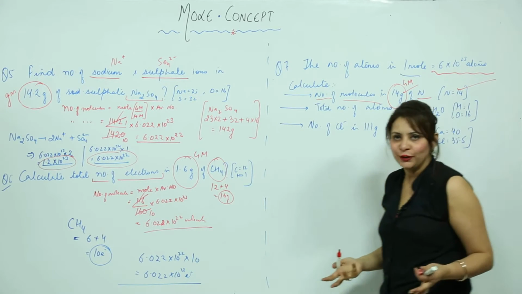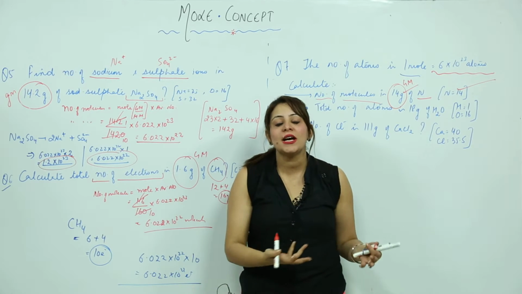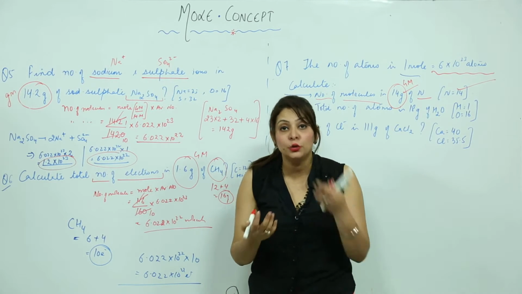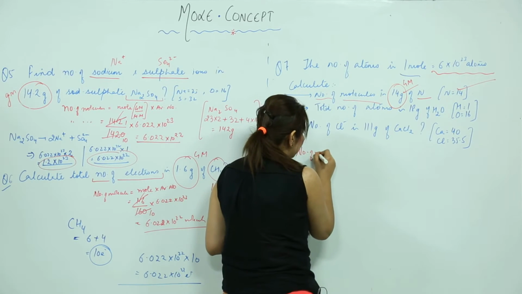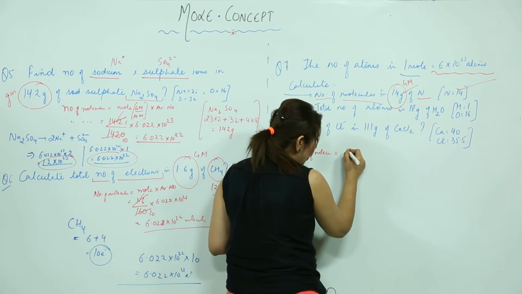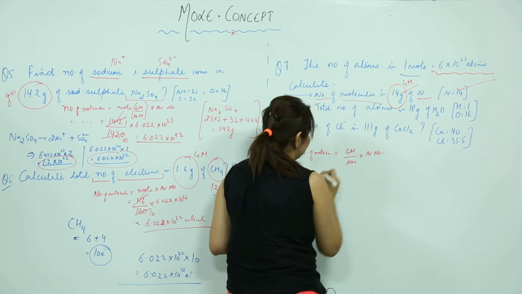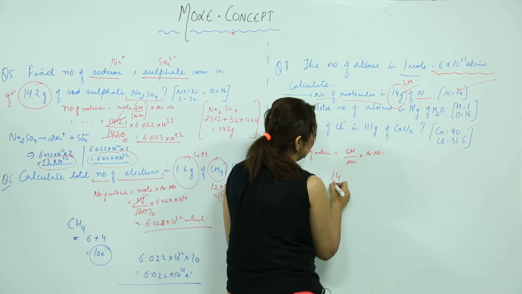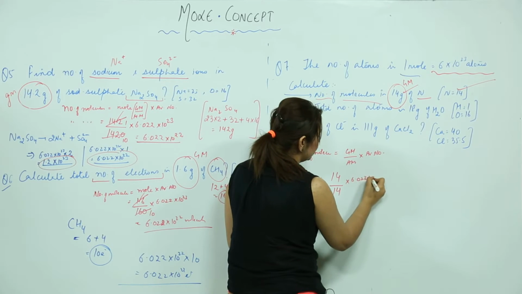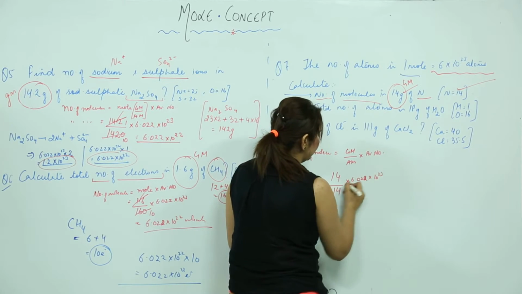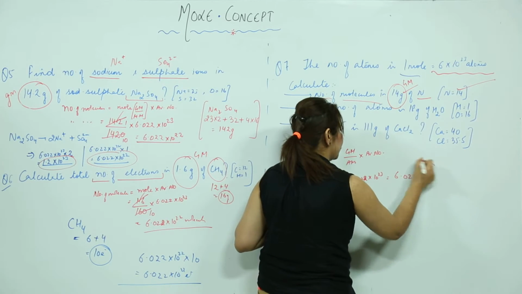So it is not a big task for you because you have already done these difficult practice problems. Here you just need to find the number of molecules, and you know the formula. Number of molecules equals mole, that is the given mass over atomic mass, into Avogadro number. So given mass is 14, atomic mass is again 14, and Avogadro number, you know, is 6.022 into 10 raised to power 23. So it comes out to be 6.022 into 10 raised to power 23.